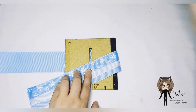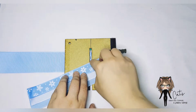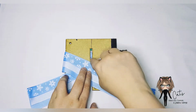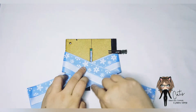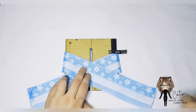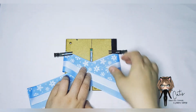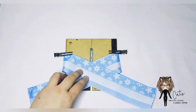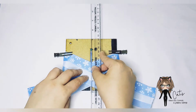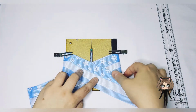What I do is I take a clip and I pop that there to hold it, because the other thing is we want the crosses. So here, this triangle here and this triangle at the bottom should all line up with that centre line. So we're going to take the clip this side, slide that underneath. Like I said, take your ruler, and as you can see, our triangles are right in the centre. So as you went down, they're all in alignment there. So if you're happy with that,